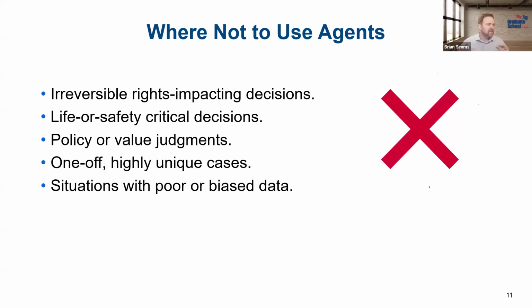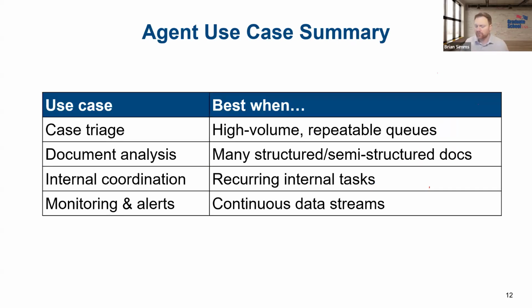So none of this means that we shouldn't use AI in these areas, but it does mean that AI agents need strong human oversight, right? That's a theme of this webinar, and will certainly be a theme of all the AI webinars. But presumably you're able to appreciate that at this point. So we'll bring this together. I'll go through this fairly quickly based on how we're doing with time, but maybe this gives you some ideas that you could take back to your agency as well.